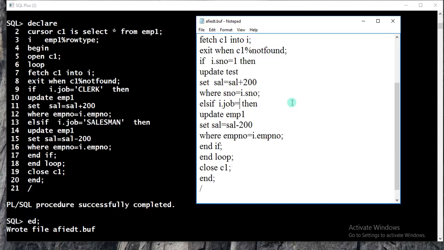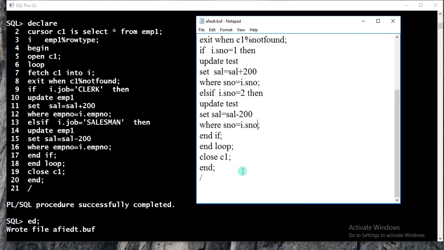I dot S number. Sorry, here 2. I dot S number, test. Now here S number, I dot S number.